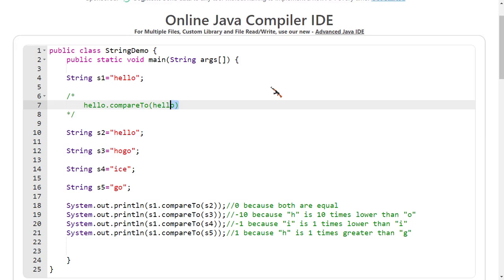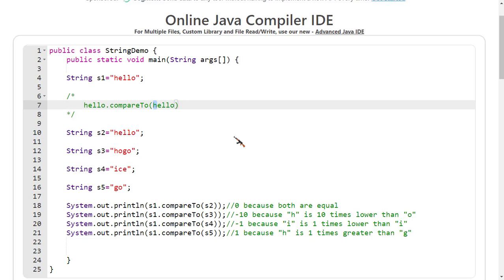In that manner it takes the values and starts comparing. First it compares the first character of the first object with the first character of the second object, and it checks whether they are at the same place.